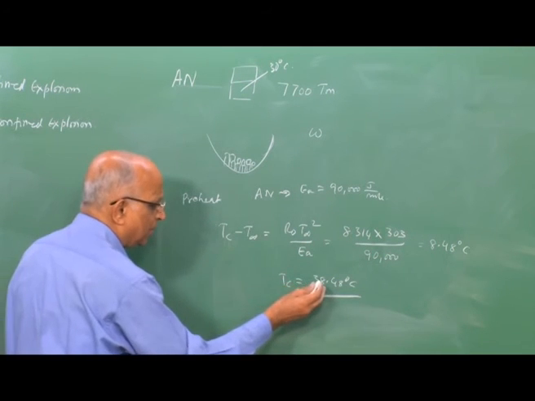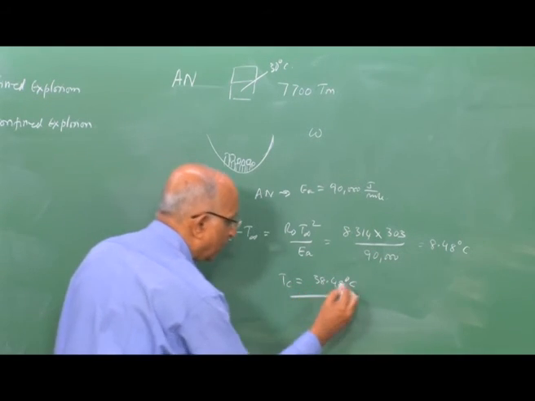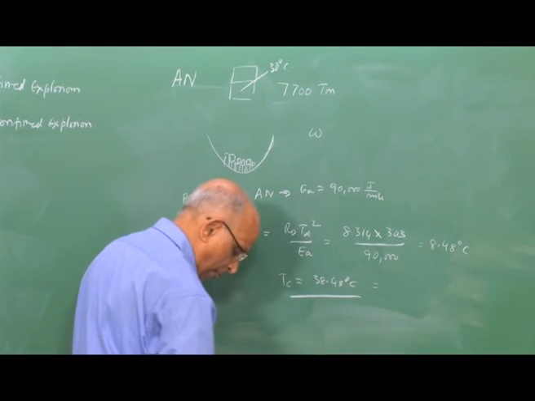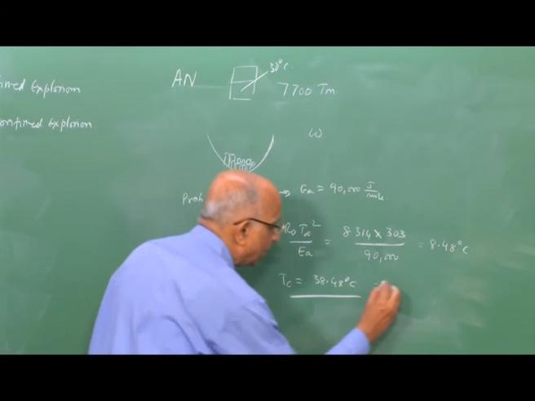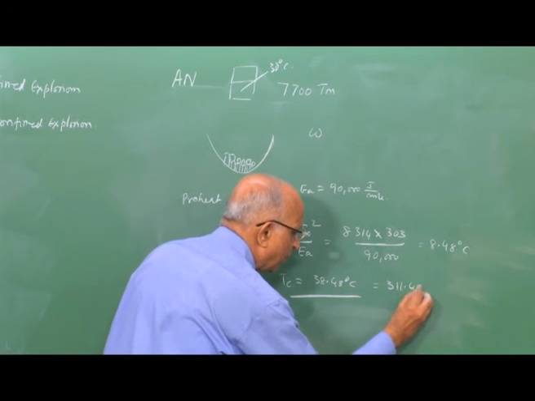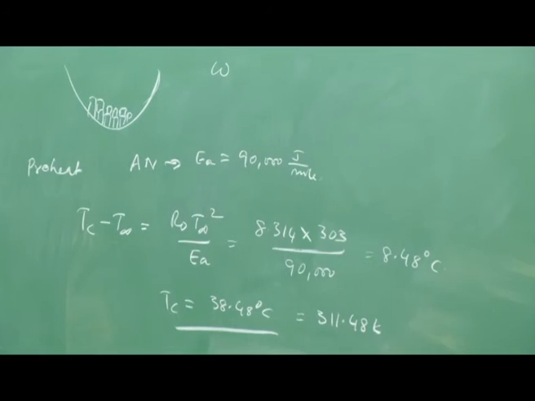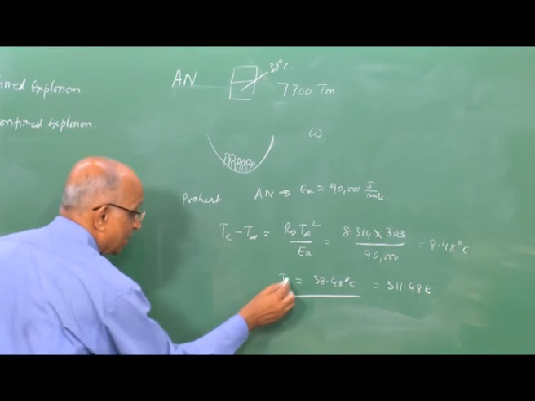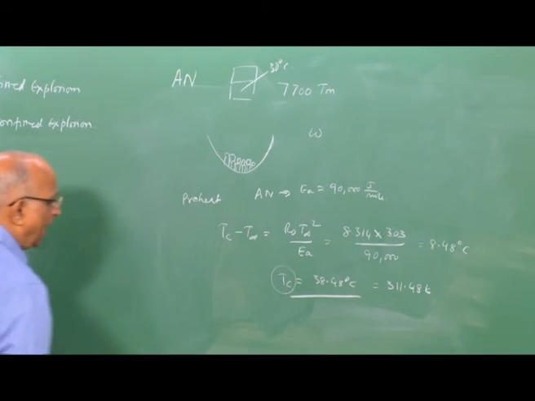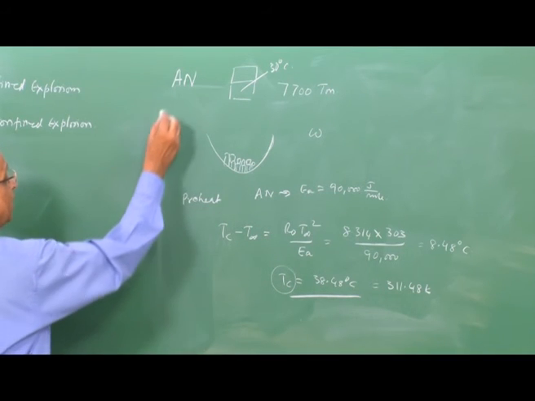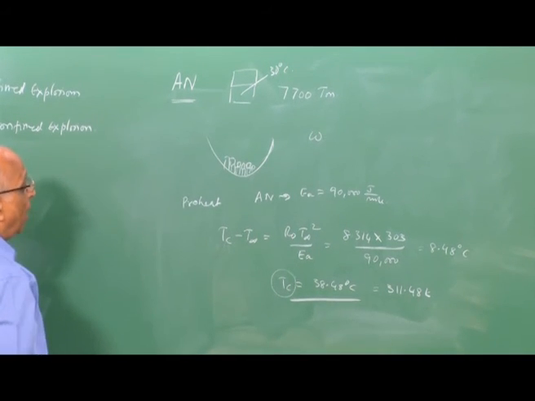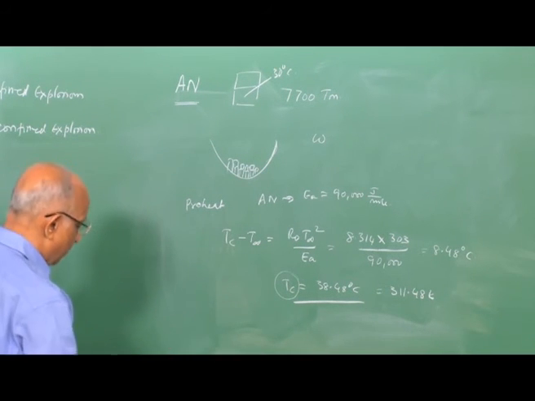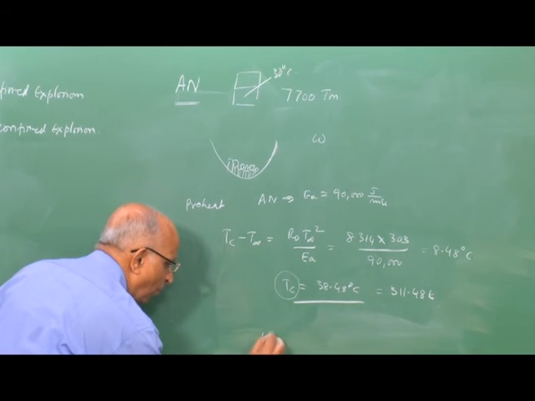The critical temperature is 38.48, which in Kelvin comes out to be 311.48 Kelvin. I add 273 to it. Now, I want to find out the rate at which energy gets liberated, and we said yes, I must evaluate it at Tc. There are some experiments which are conducted on the rate of reaction for ammonium nitrate, and it has been shown by Hainer in one of the combustion symposiums that the rate of reaction of ammonium nitrate